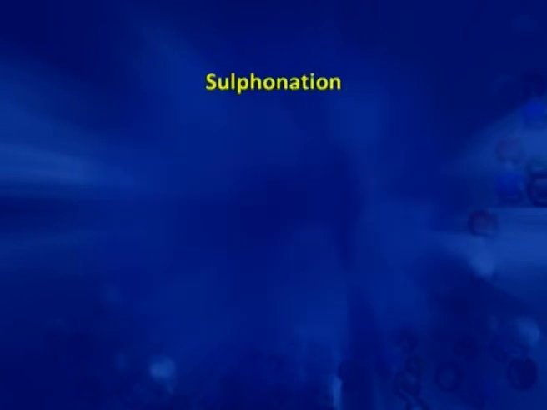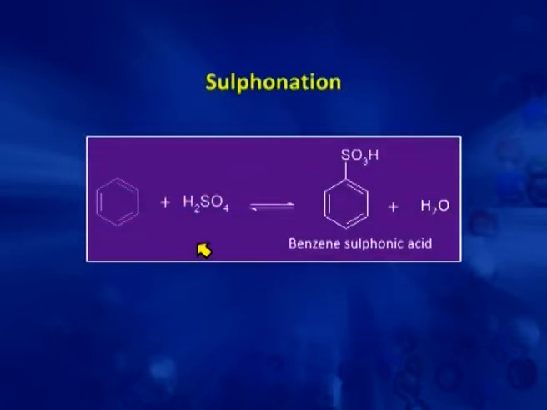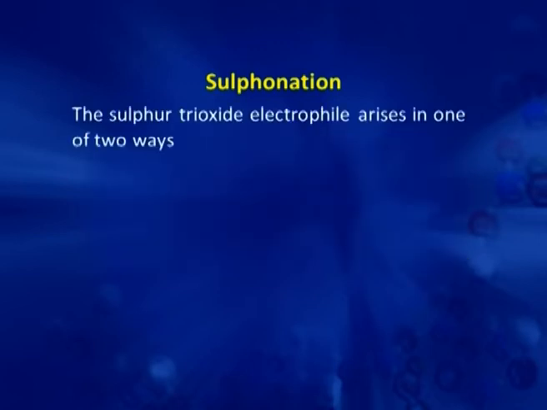Now, the next reaction is sulfonation. Sulfonation means what? Benzene on reaction with sulfuric acid gives benzene sulfonic acid. But here the next question is, what is the electrophile here? The electrophile is